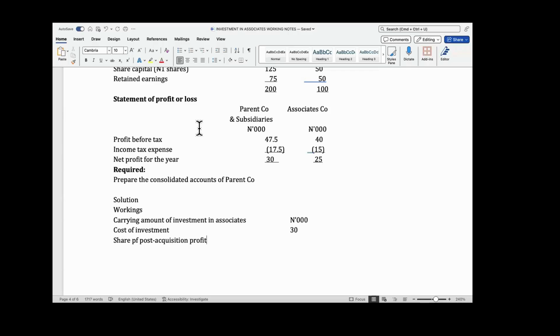At least for your question one, you have roughly 50 minutes. So if you know what you're doing, you should finish that question in 50 minutes. So we are going to teach you time management so that in the exam you will know that you have time because you know how long you need to spend on every question. So the issue of I don't have time is not there. You have time. The question is structured in a way that the time should be enough for you to answer all the questions you need to answer, except if you don't know what you're doing and you're just writing irrelevancies.